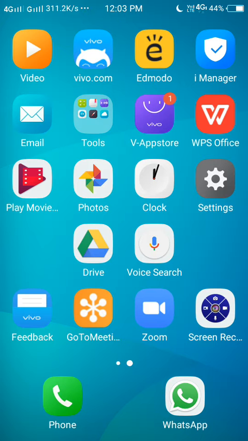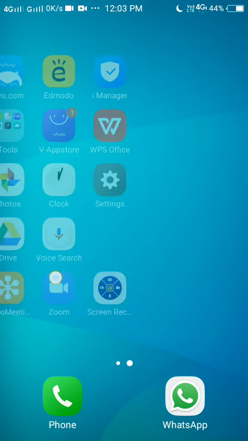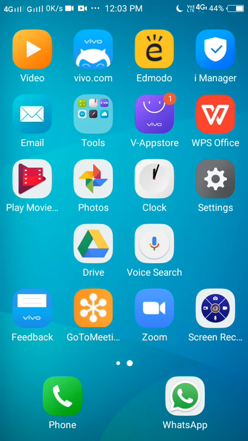For mobile users, dear colleagues, to go to Google Drive, you just open your phone. As I open my phone, there must be an icon of Google Drive on your screen. You can see there is an icon of Google Drive on my phone.